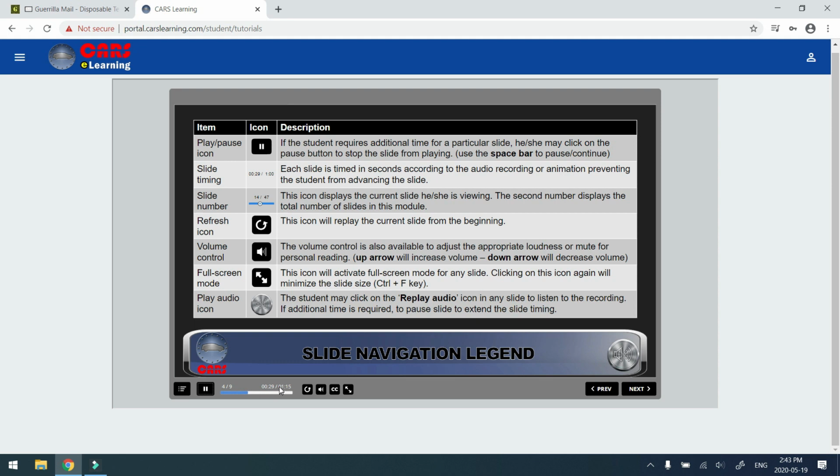Now, if you're one of those people that go, oh, you know what, I read it once and I don't have enough time to read all that, well, there's this next one, which is called the refresh icon. So if you actually wanted to refresh, you start all the way from the beginning, which will allow you to gain more time in viewing the slide. The next one here would be the